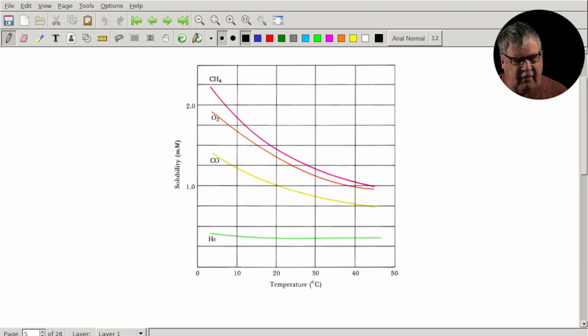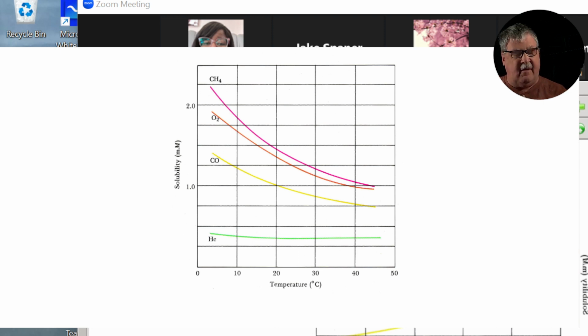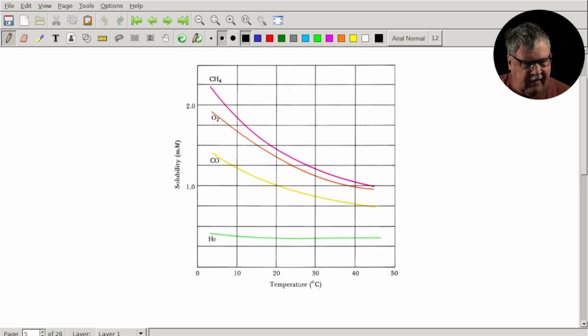All right, so what we did was we left off with solutions or gases in solutions. And what we concluded from this was that most gases, at least all the ones in examples, and we talked about some other examples as well, but most of them behave in the way that if you increase the temperature, the solubility of a gas goes down. Okay, and that makes sense from a kinetic molecular standpoint as well.